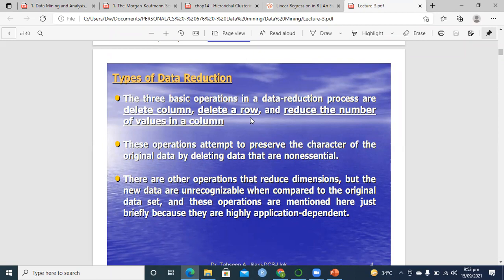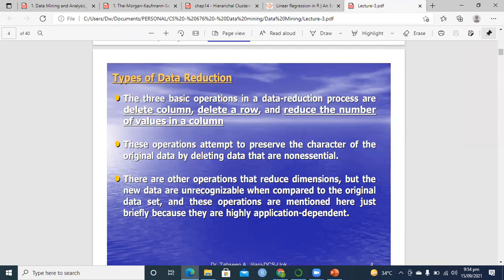So that means there are 3 different ways to reach the same answer, which is 12 years of education. So we can reduce these 3 values and replace them by 1 value, which is 12-year education. Similarly, if you have too many categories in a variable, then you can reduce the number of categories in that